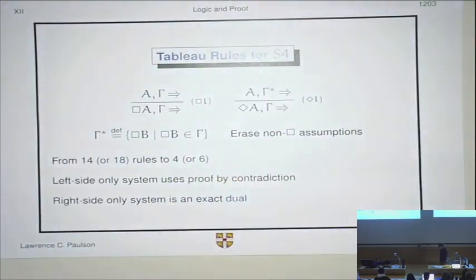Now you might say, I don't like proof by contradiction. I think it's crazy and indirect. In fact, they do call them indirect proofs sometimes. I want to throw away the left side instead and work with the right side. Do I get a different system? The answer is not really. This magic thing called duality,